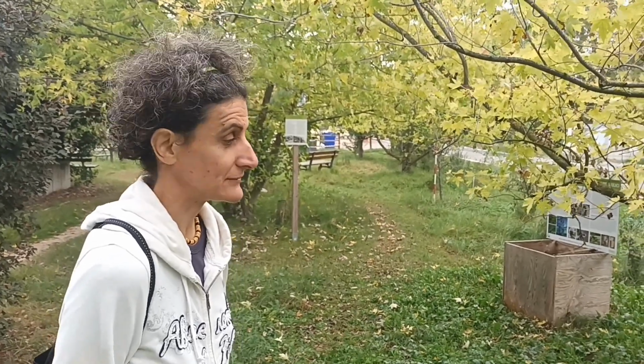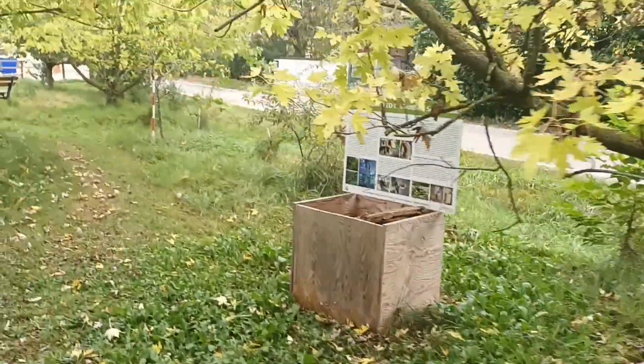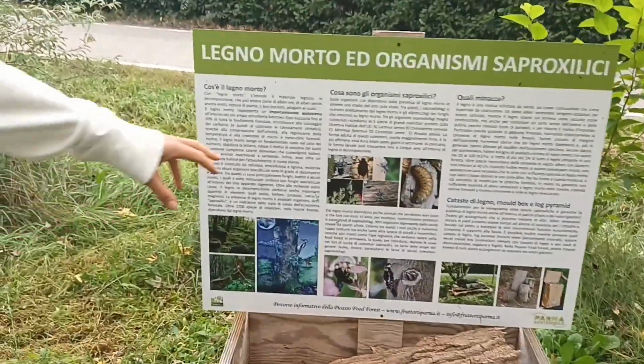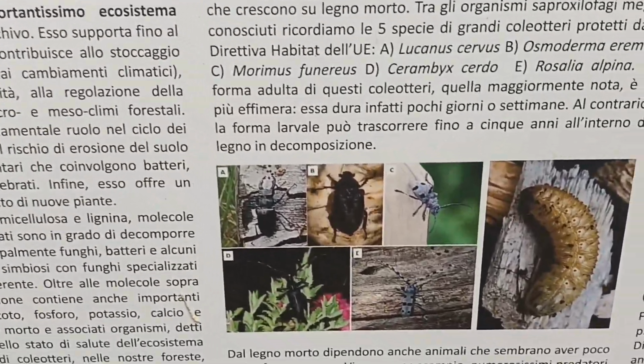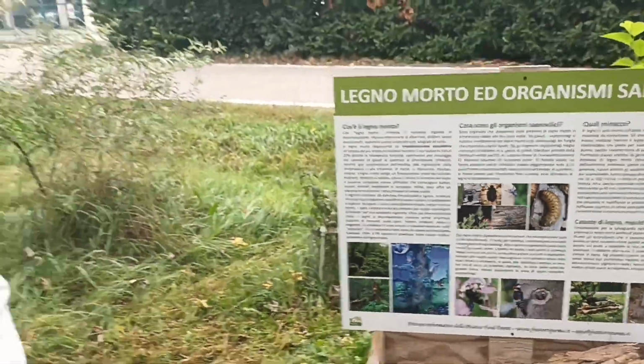An entire food chain, starting for example from so-called saproxylic insects. Those are insects that have at least one life stage that depends on that wood. Here in the other panel, we have some examples. There are some coleoptera whose larvae feed on that wood. What we know better is the adult form of the coleoptera, which only lives a few weeks, while the life of the coleoptera is mainly spent as a larva. Larvae can live up to 5-6 years in that wood before emerging as an adult,